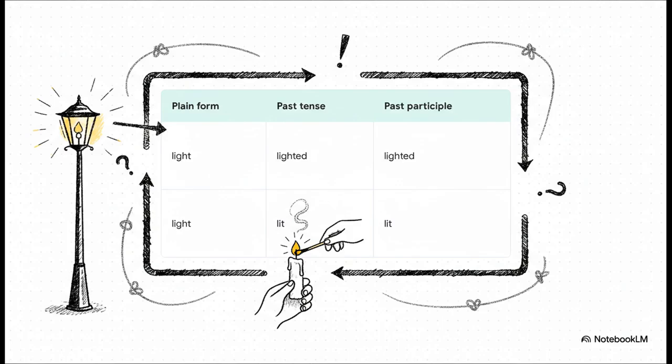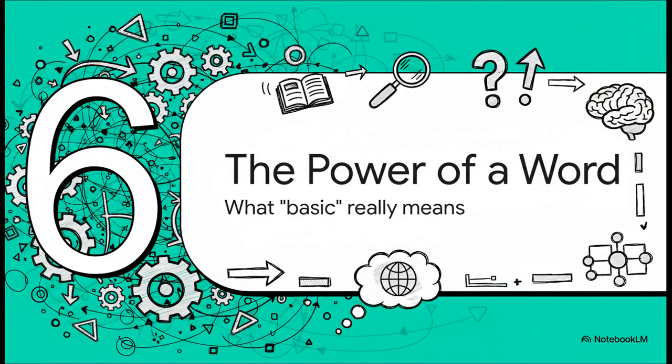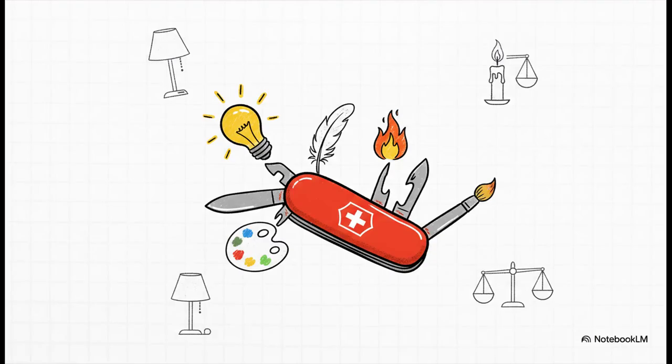How is that simple? So, all of this brings us back to where we started. After digging into all this crazy complexity packed into one word, we've got to revisit that original idea of Basic English and ask a new question. And here it is. This is the big takeaway. The words on the Basic English list aren't powerful because they're simple. They're powerful because they are incredibly efficient. They're like the Swiss Army knives of the English language. Each one was chosen because it can do the job of a dozen other more specific words.